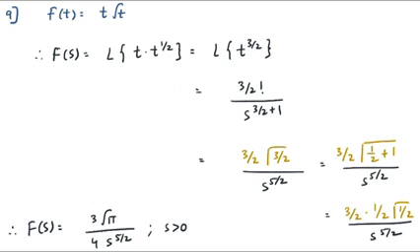Actually, the previous question was a little easy. Let us see some tough question, the question 9. F of t is given as t root t. Tell me what would be the Laplace of this function. You might say that it would be Laplace of t into t raised to half, and I can use the indices because the variable is same, that is t. I can add the power. So 1 plus half will be 3 by 2. So t raised to 3 by 2 is my function.